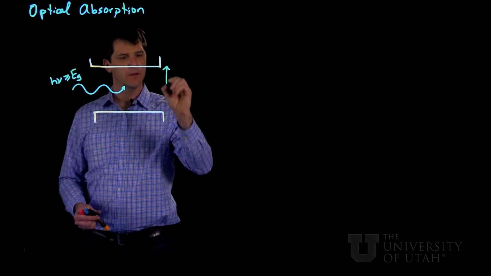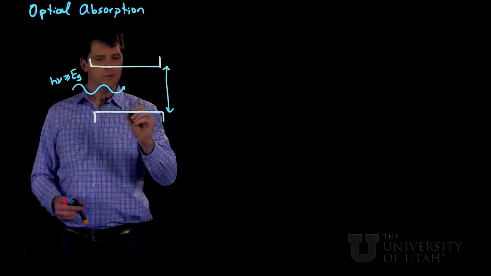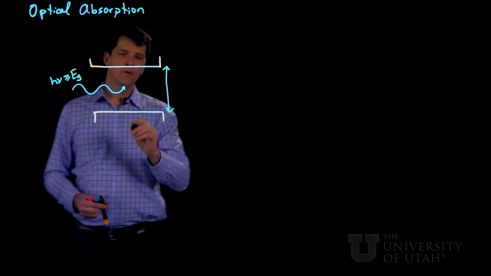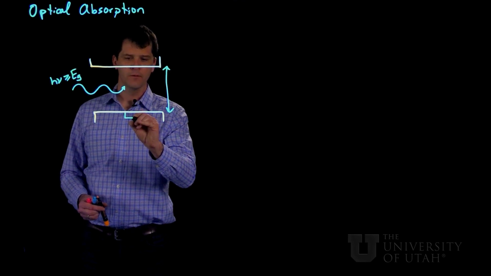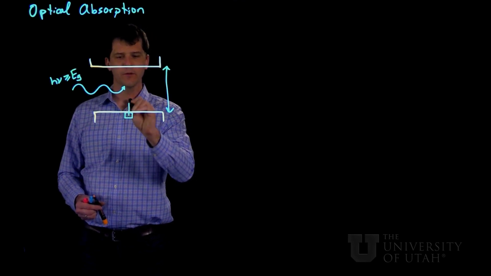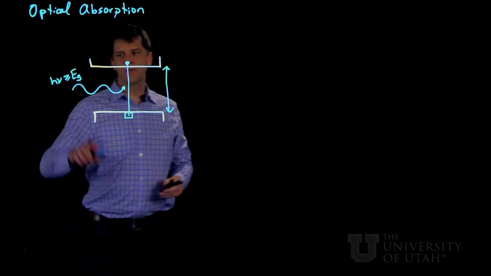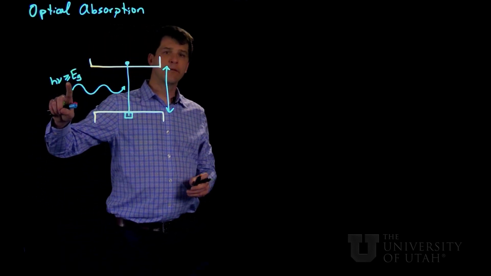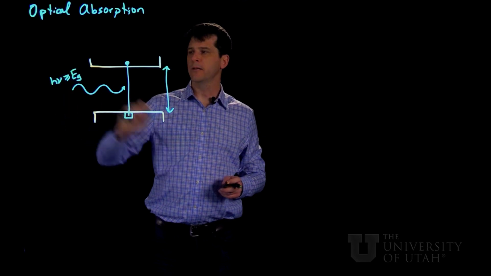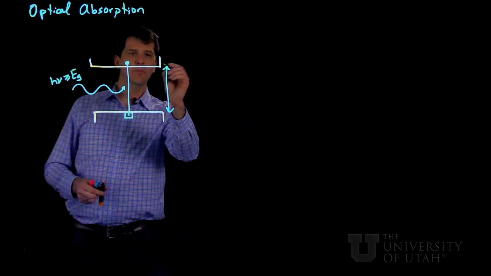So here's our band gap. So if this photon is absorbed, we create a hole in the valence band and promote that electron up to the conduction band. And the threshold is obviously exactly equal to the energy gap, but because the bands,